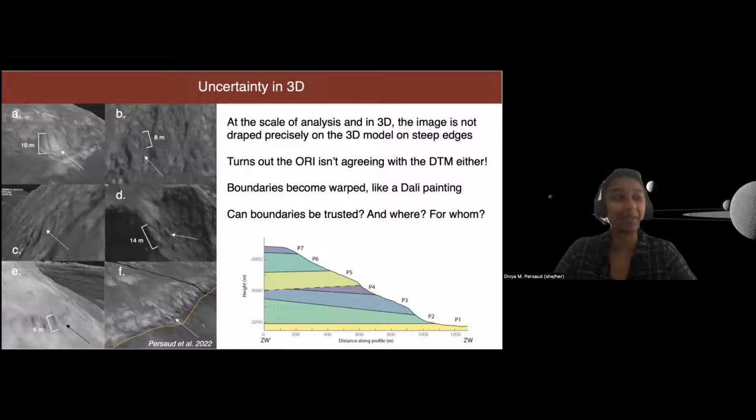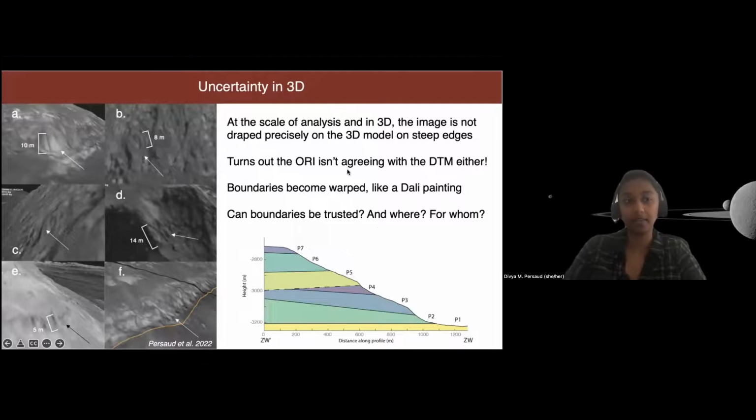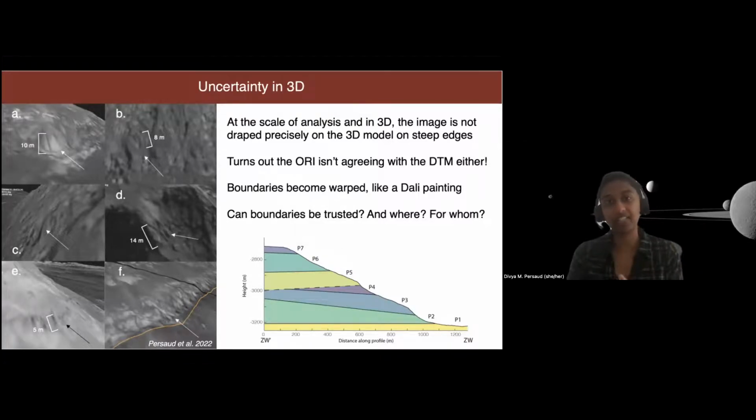I talked about the 2D agreeing with the 3D, but not with other 2D, to use these acronyms. We were basically trusting that that draped image was agreeing with the 3D image below it. And it turns out that when you actually visualize these things in 3D and you're studying the boundaries of layers in detail because you're trying to get their inclination and thickness, suddenly it's not so nice.